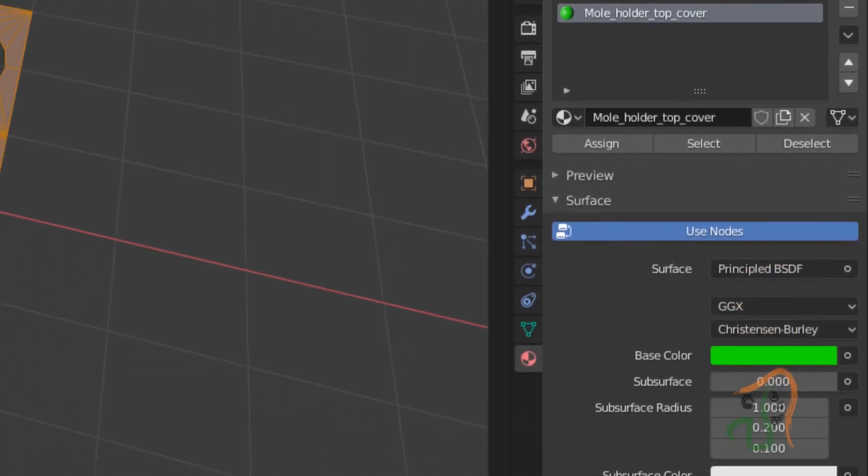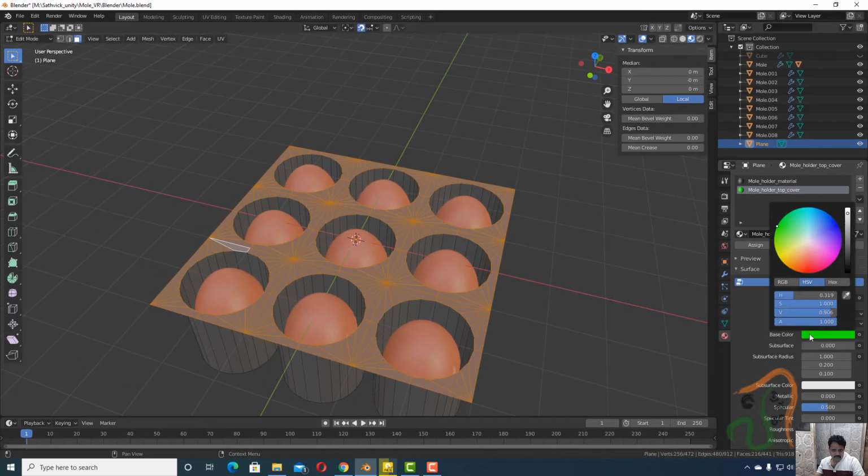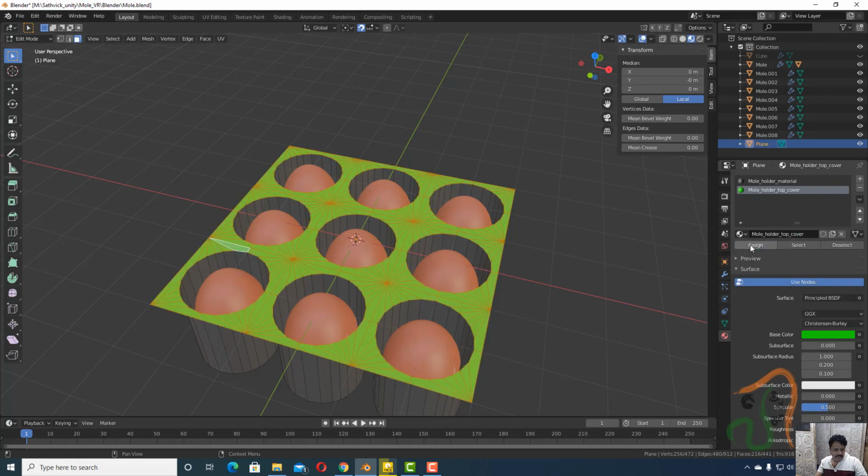So give some name like this, and set this to some dark green color. If we come to the shading here, let us select some dark green, and reduce the intensity a little. In RGB, let us set R value to 0.01, green to 0.6 and blue to 0. Okay, let us select this color and click assign.